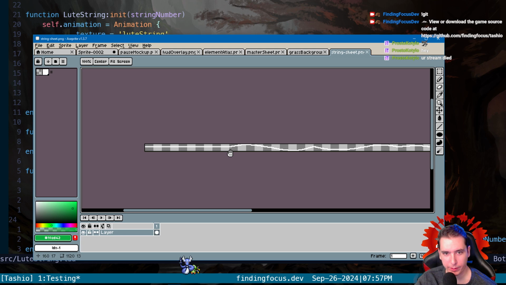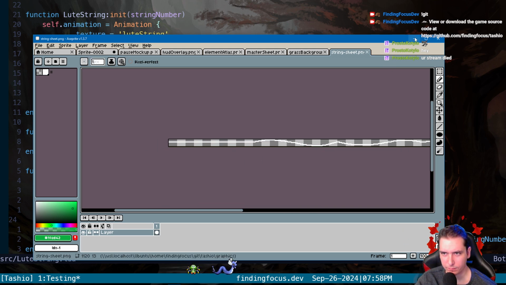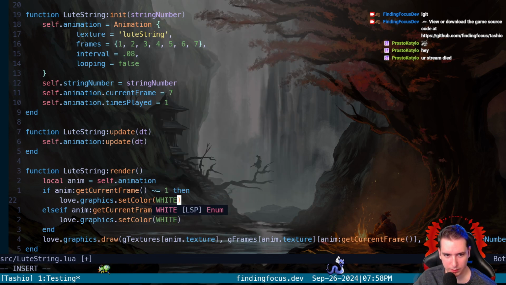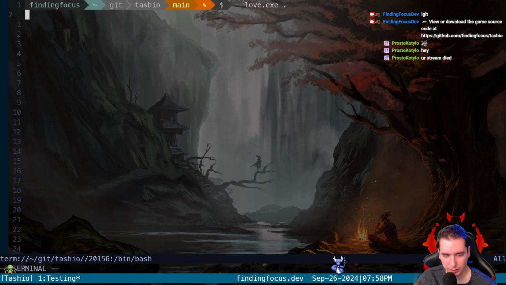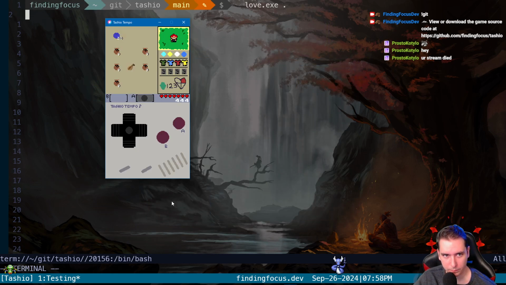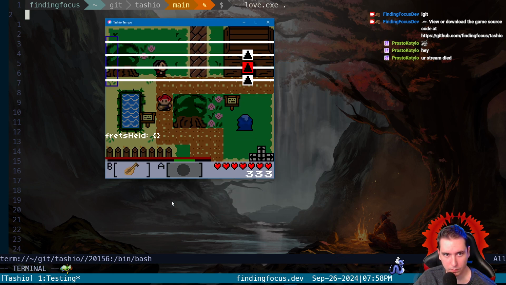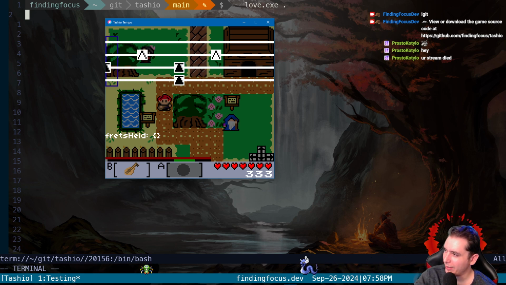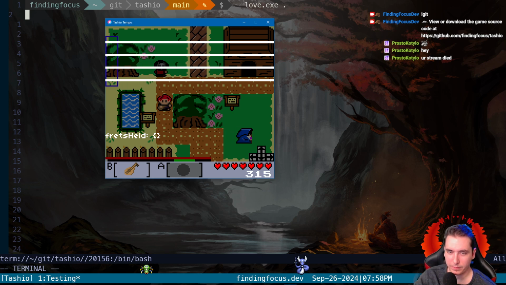Yeah, it looks like our frame 1 is our unplucked string. I mean, let's just try to swap these. I would think that if the current frame does not equal 1, yeah, this is... like, this doesn't make any sense to me that we would swap it. I don't know why that seems to be working. It seems to be working though.